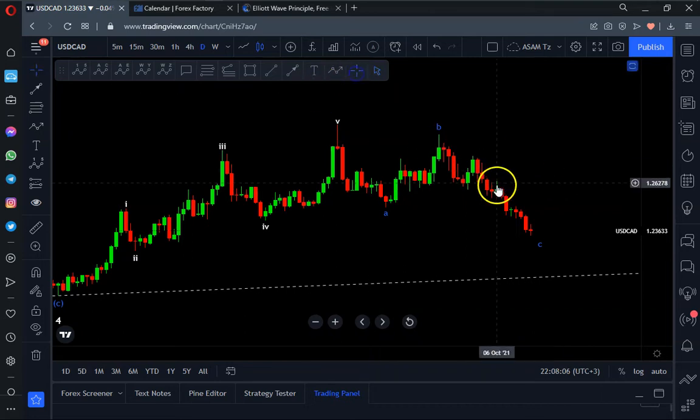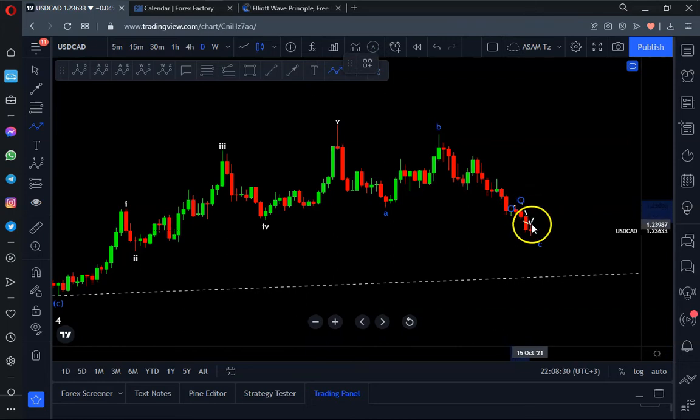The market was around this area. The market closed on 8th of October, and then it opened on 11th of October. My projection was around this area, whereby my main observation was the market is going to correct a little bit to the upside, and then it will keep on moving to the downside. That was my observation. And this downward move was the completion of the 5th wave to the downside.